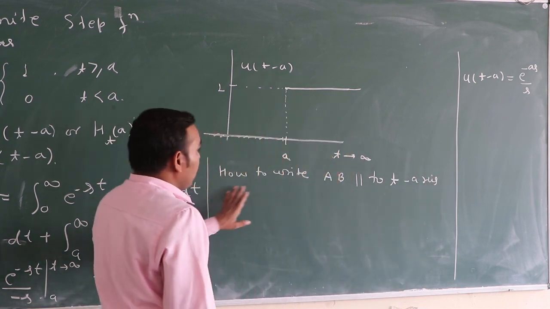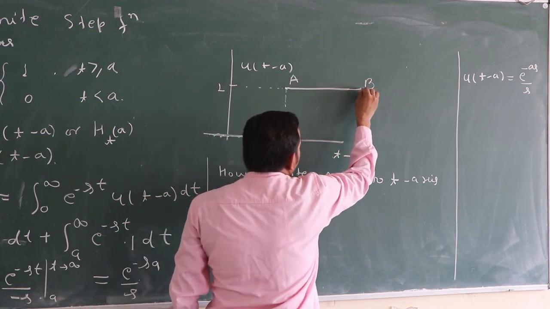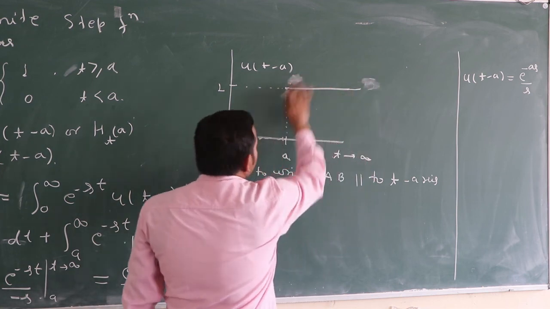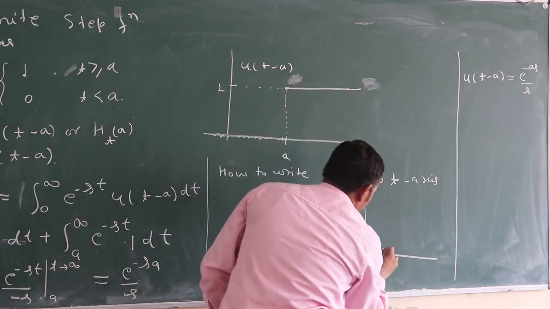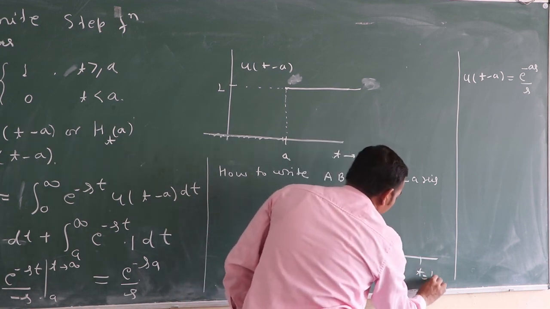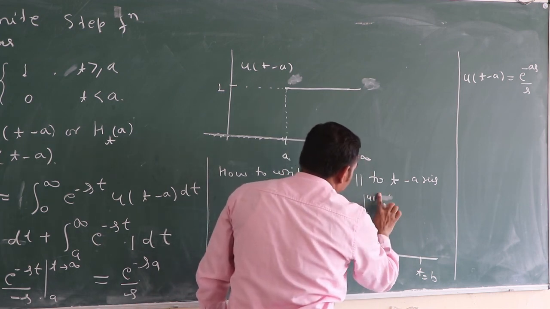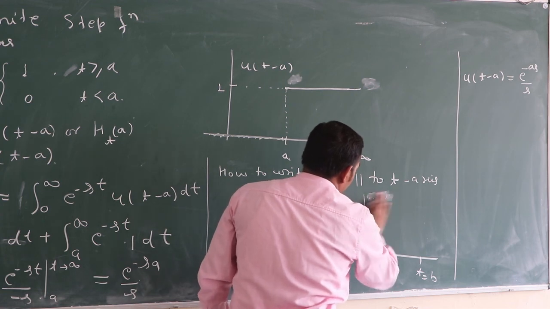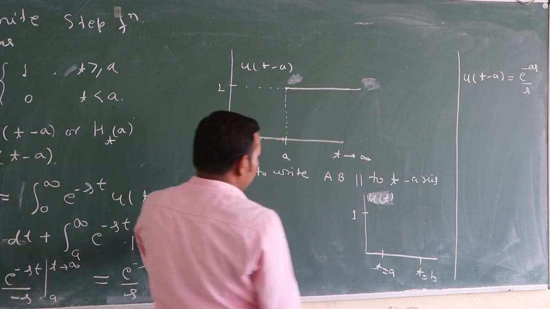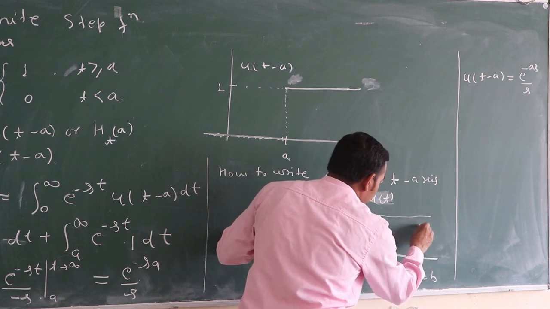We can write it with t equal to a and t equal to b, where u(t) equals 1. So if we look, this is the straight line AB,